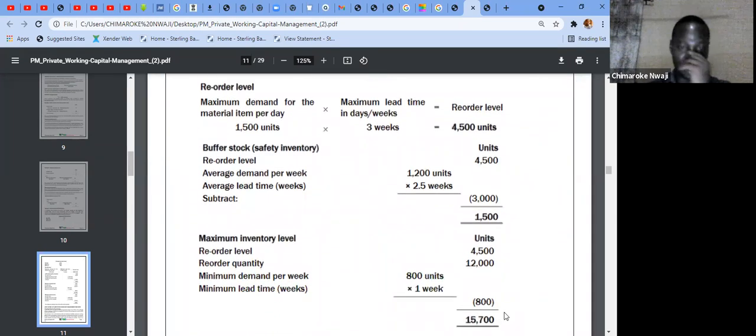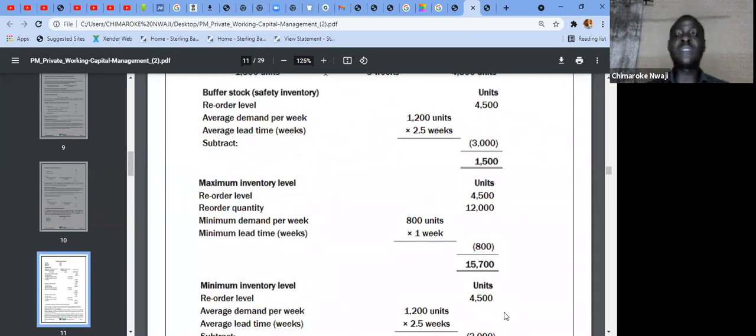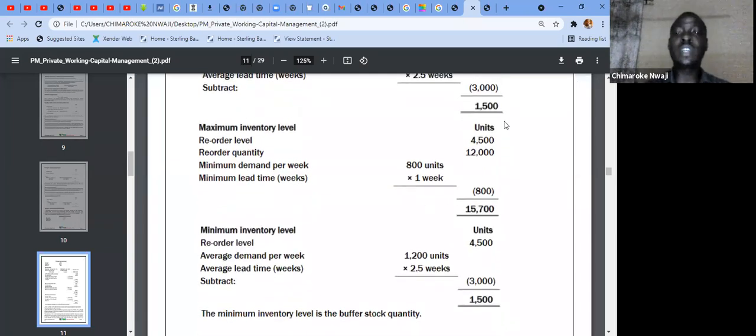What is your maximum level? We say your maximum level is going to be the reorder level 4.5 plus the quantity you're ordering at the reorder level, 12,000. Then you now say, what if things go to a minimum, that customers are not coming that much, 800, and your supplier, when you put an order for 12,000, they bring it in 1 week,